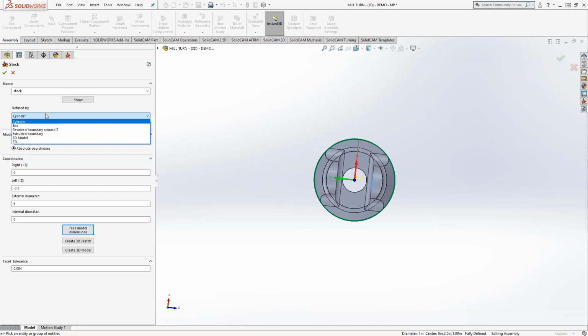You can use the STL file to represent the stock just like we did here. And that is very useful when you have a much more complex stock. Maybe not just a turn stock, but a turn stock that has a lot of different radii in it, or it's a unique shape that you can't easily recreate inside SolidWorks with either a sketch or a 3D model. So when there's more complexity to your updated stock that you're trying to retain, the STL model is an easier